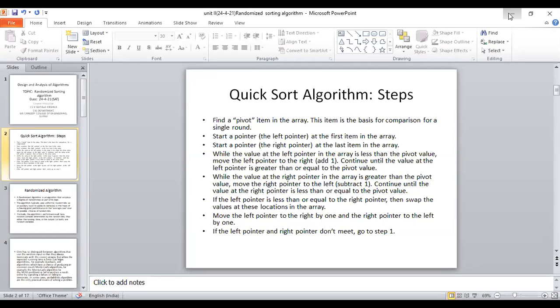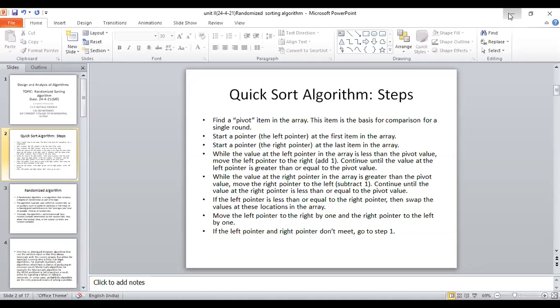Repeat while p less than q do: j equal to partition of A, p, q plus 1. A is the array, p is the lower bound, and q plus 1 is the upper bound.